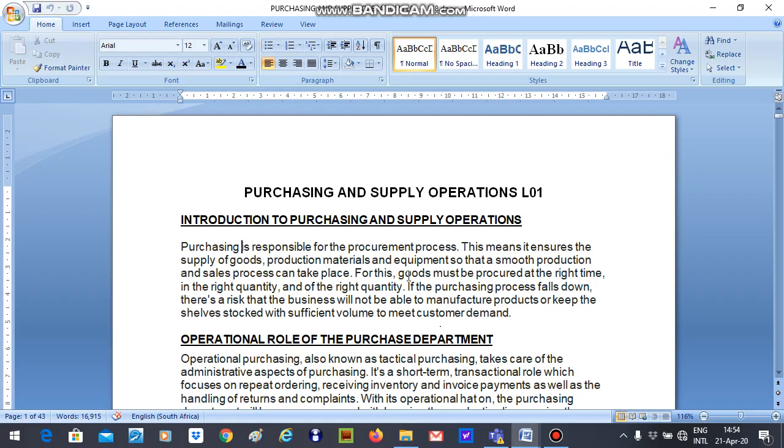So we're looking at introduction to purchasing and supply operations, and we would by now know what purchases and supplies are. And operations are those who produce, using input, processing, output to produce products or services. So you link that to purchasing and supply. The definition is here. Then we would have to move on to look at the roles of